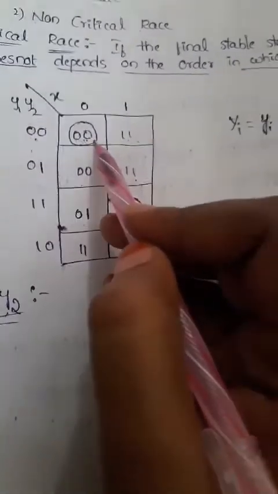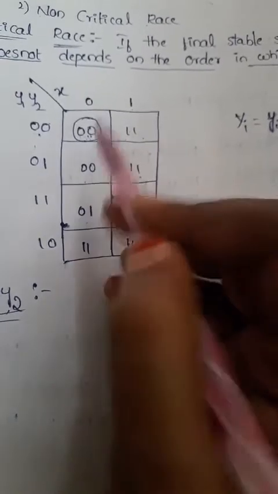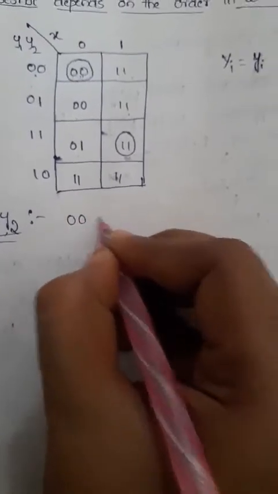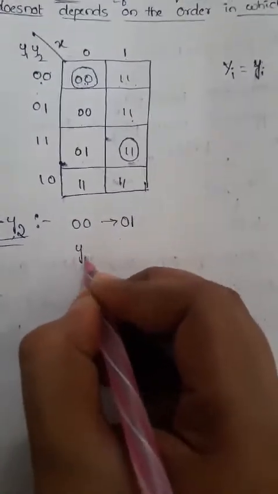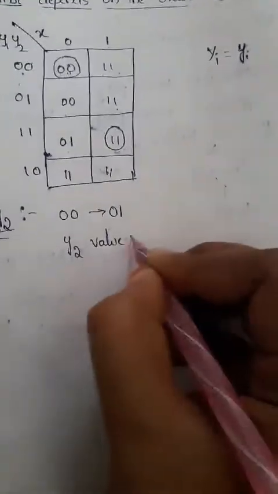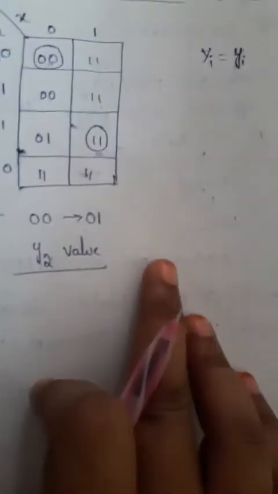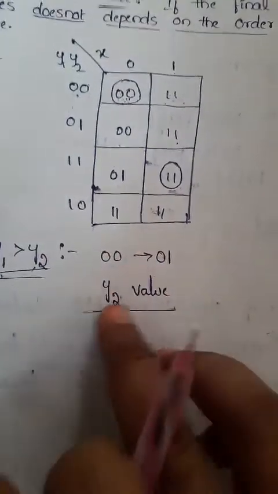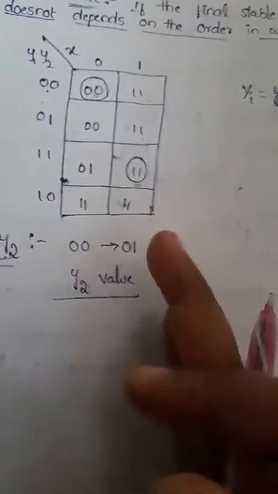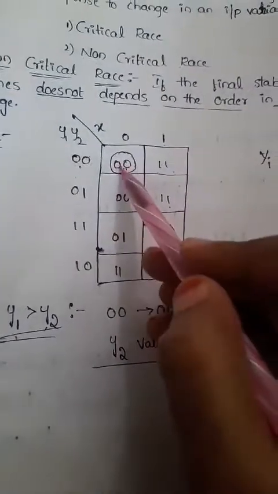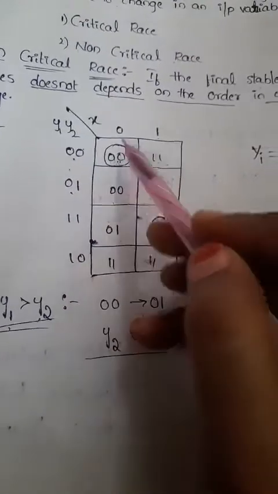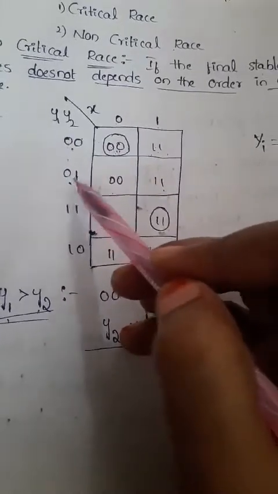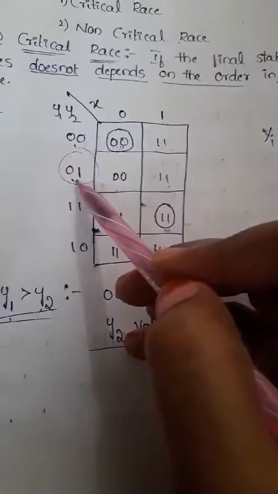So if 0 0, then it may go to the state 0 1 first of all. So I can change it here, 0 0 to 0 1. That means I can change the y2 value first. Y2 changes first. Okay, so now it reaches 0 0 to 0 1 whenever the y2 value is changed. After some time, 0 0 can change to 0 1, automatically, when the input value changes from 0 to 1. This will act like a present state, right?